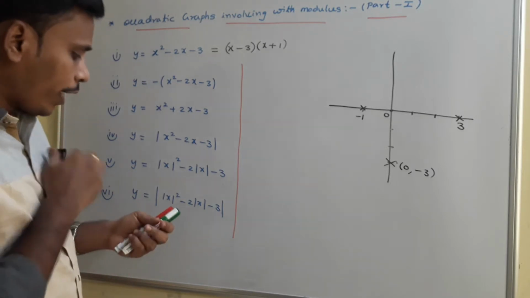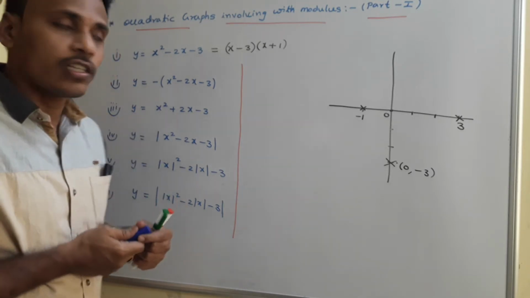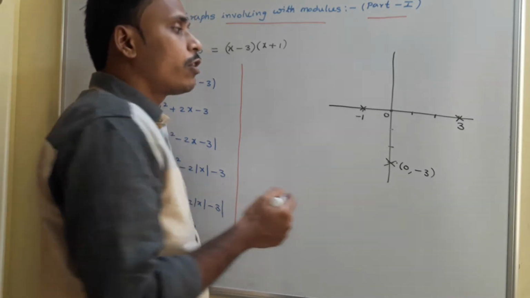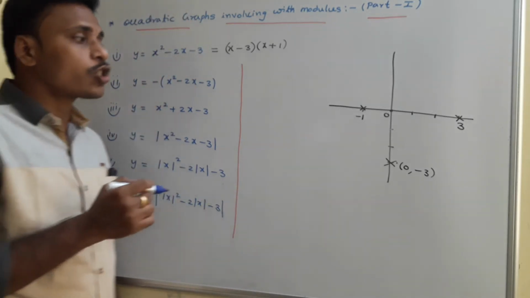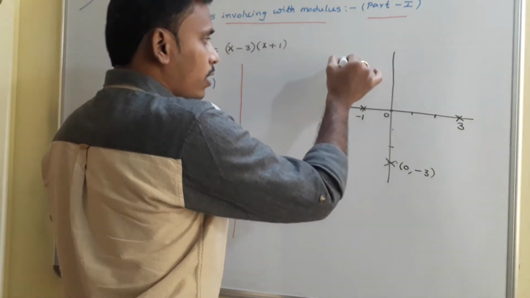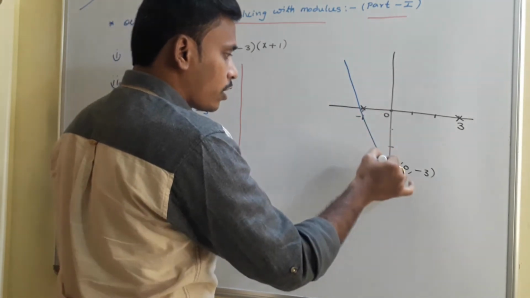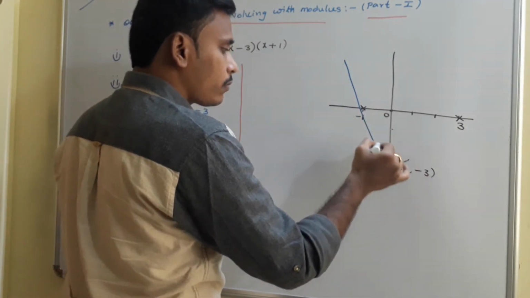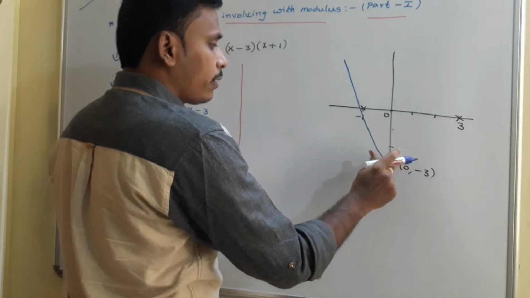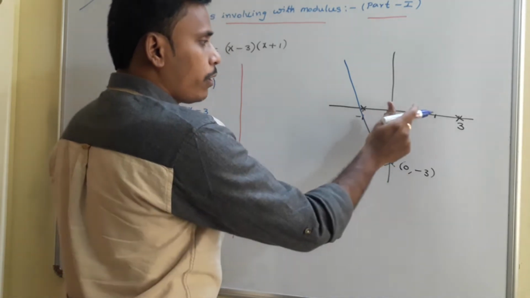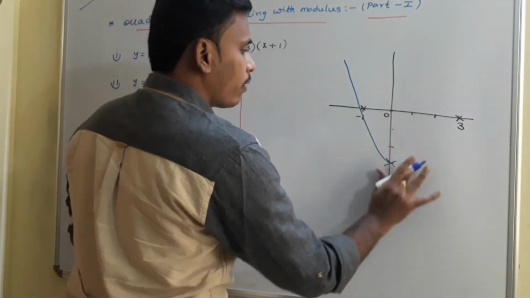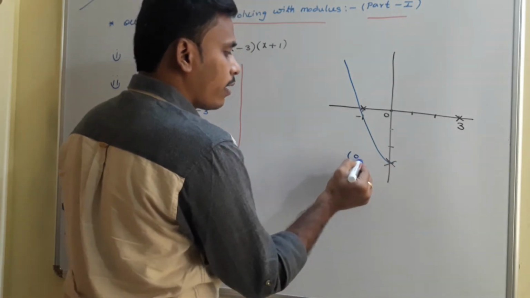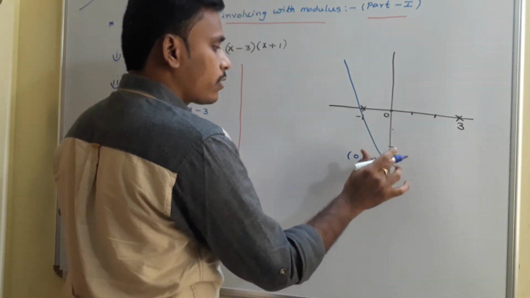So at the end, when you use all these things in sketching, the graph is an upward parabola and it passes through these 3 points. Okay, so the graph will be like this. This is the rough sketch actually. See, just a minute, this is not the peak point actually. So the peak point will be there at 1. Okay, for convenience I am writing this point, 0 comma minus 3, on the left side.